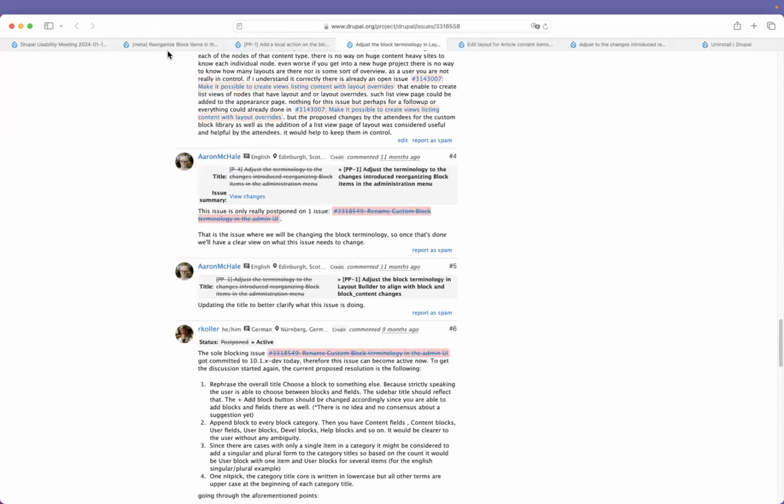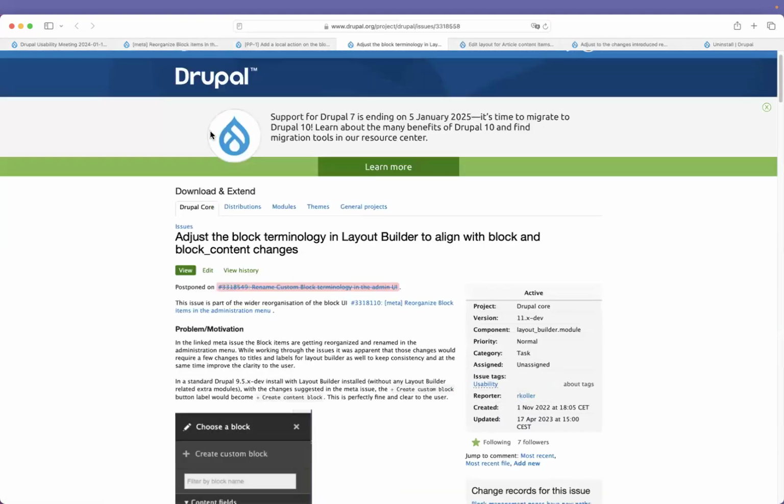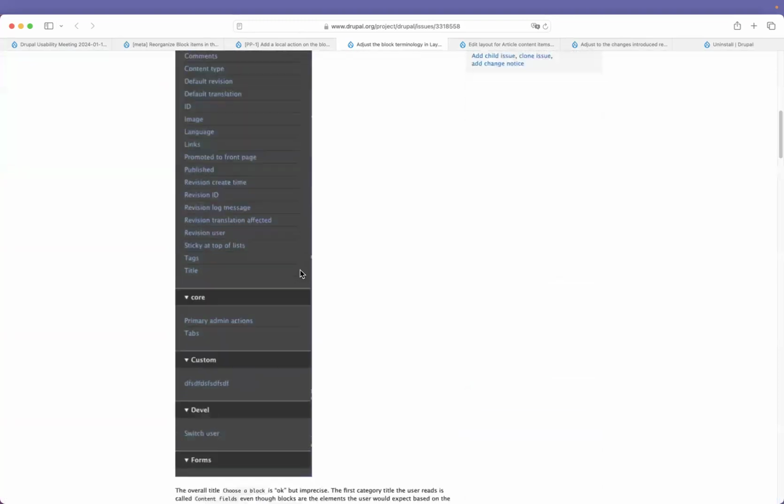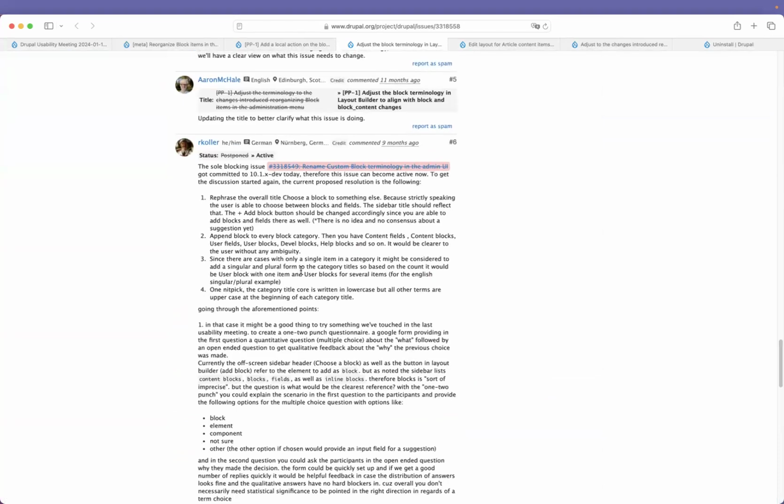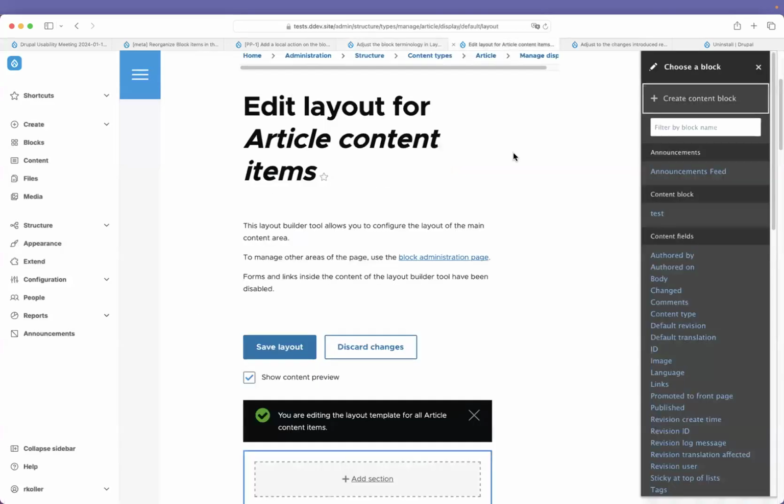Okay. Yeah, the next one is a bit more relevant and has a bit more things to discuss. Issue number is 3318558. Adjust the block terminology in Layout Builder to align with block and block content changes. I scroll down to the summary. Basically, there are several points. Before the issue can be resolved, there are a few open questions. The point is, there are